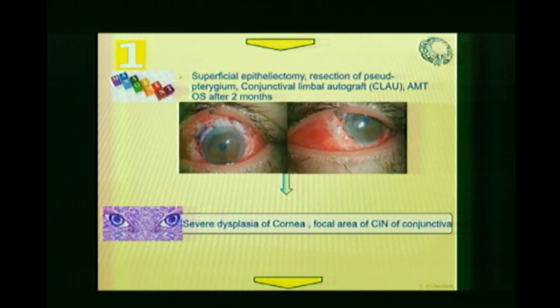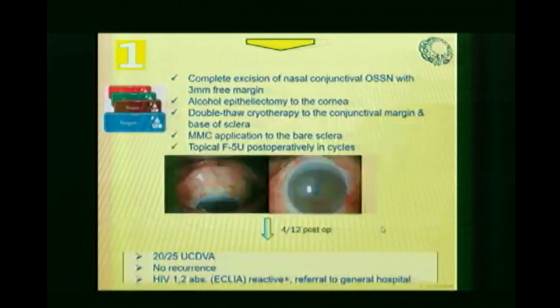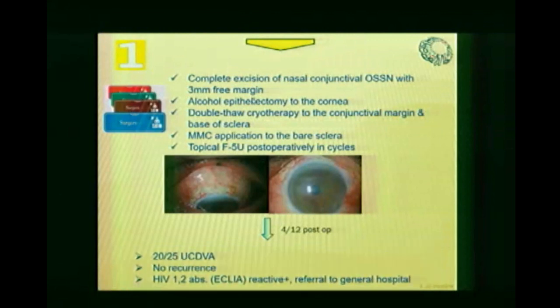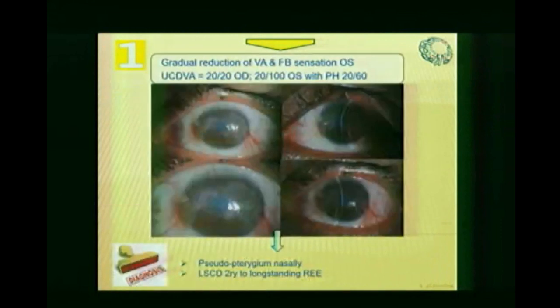When he sent the tissue to the pathologist, they said that it was incomplete, and they found severe dysplasia of the cornea and a focal area of carcinoma in situ. That time I was consulted, and I managed the patient with a no-touch technique. I've done complete excision of the nasal conjunctival OSSN. I will show you the picture of this one. I've done complete excision of that, removal of all this corneal lesion,